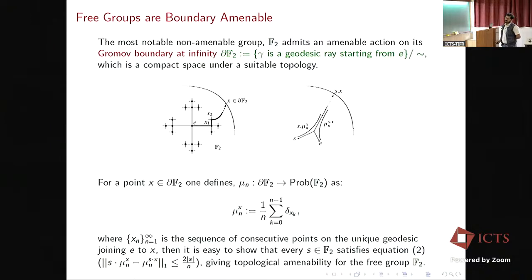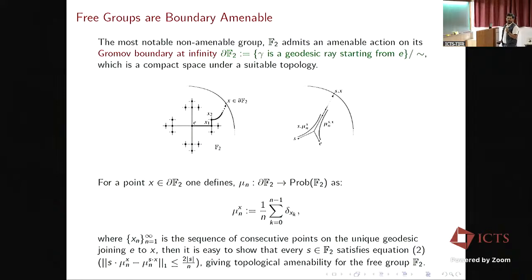So for this probability measure, we will assign a sequence of uniform probability measures along the geodesic ray that goes to the point S·X. Now, about this probability measure μ_X, we are acting on the measure by S, and this is like a convolution. We are just shifting the point on which the measure acts by S inverse, and then applying the map μ_n(X), the probability measure, which is an L1 function.